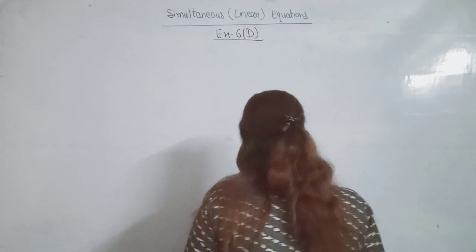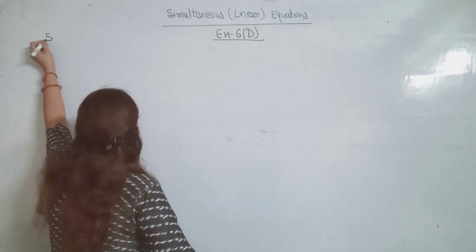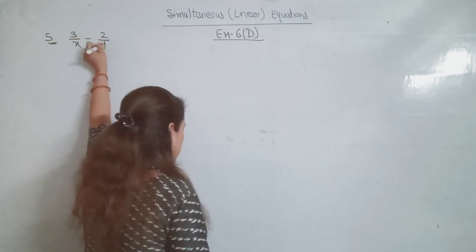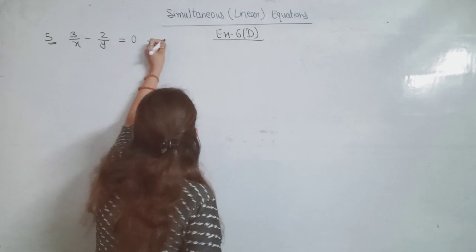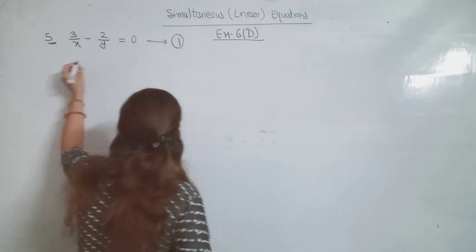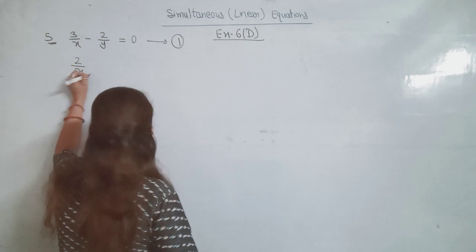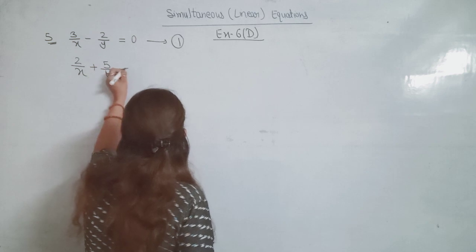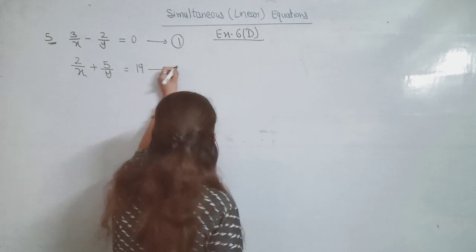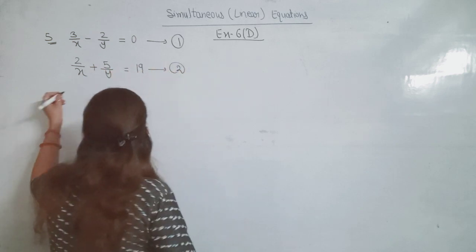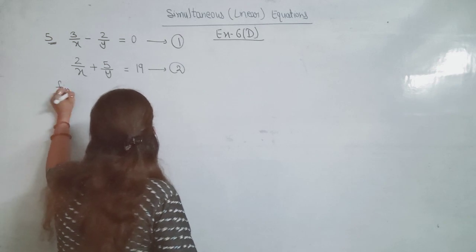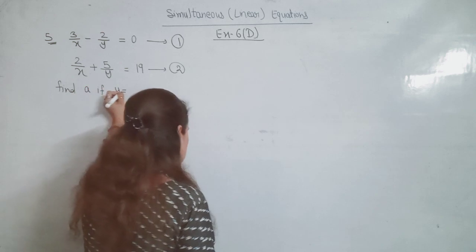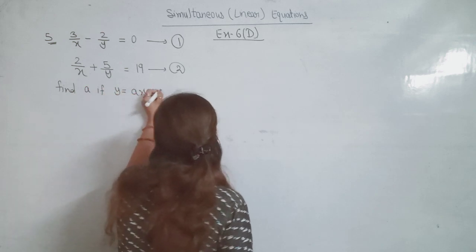Question number 5: 3/x - 2/y = 0, equation first, and the second equation is 2/x + 5/y = 19, equation second. The question is, and hence find a